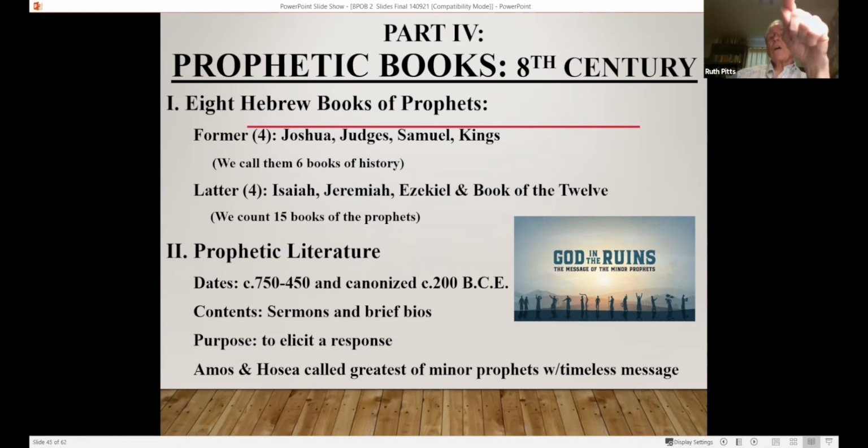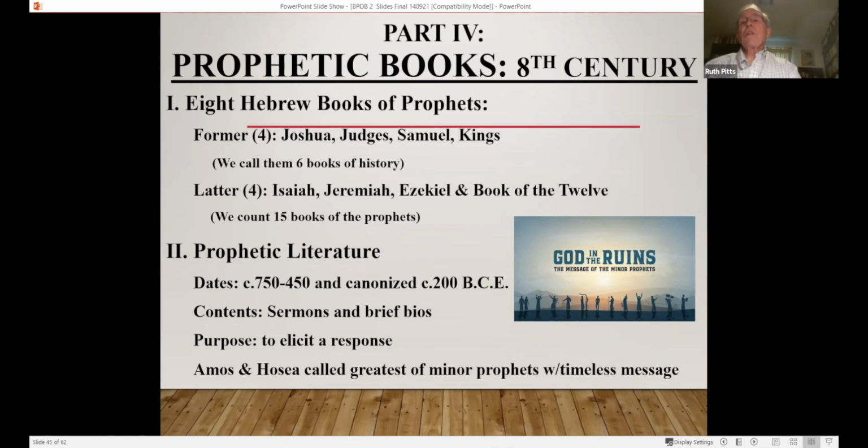And then the latter are what we call those books of history. And we call the rest the books of prophets. But it's a larger category for them when you say the book of the prophets. The latter prophets are 4. Isaiah, Jeremiah, Ezekiel are all very long. They take a scroll each. And then you could put these really little short prophets, 12 of them, on one scroll. That's why they're called minor prophets. That's deceptive because their message is just as important and just as powerful as the long-winded prophets.